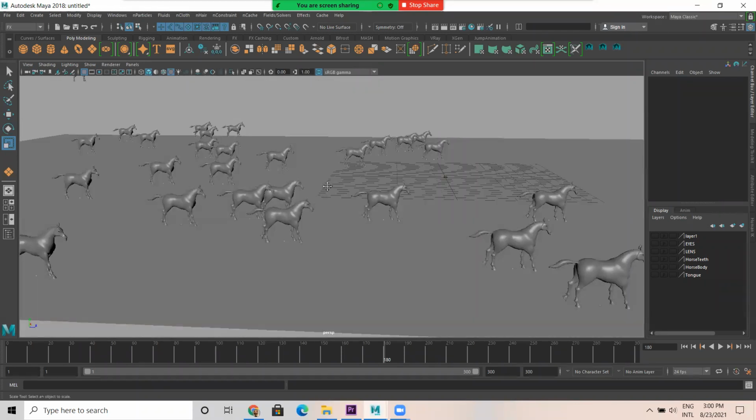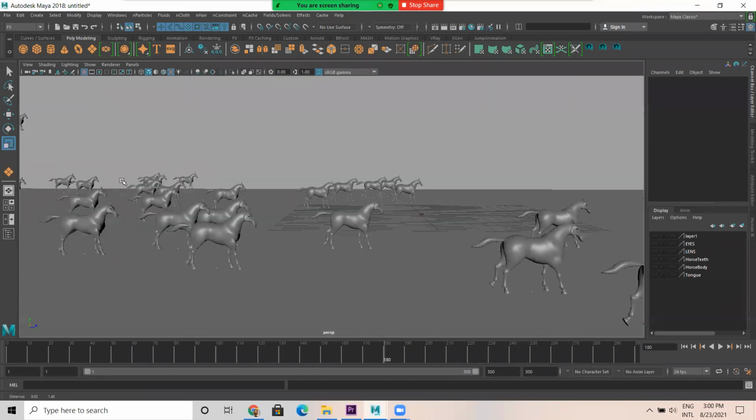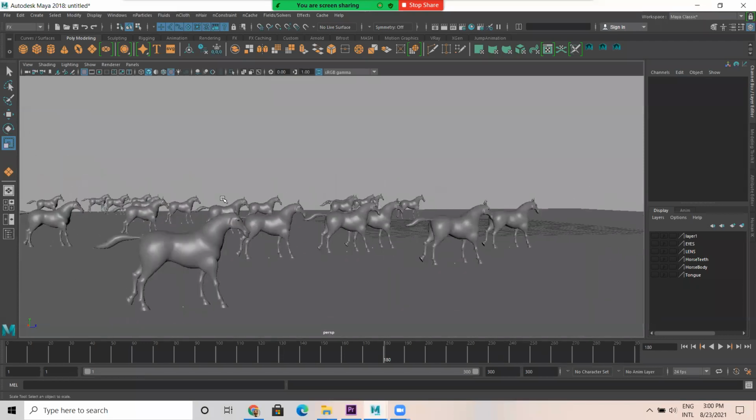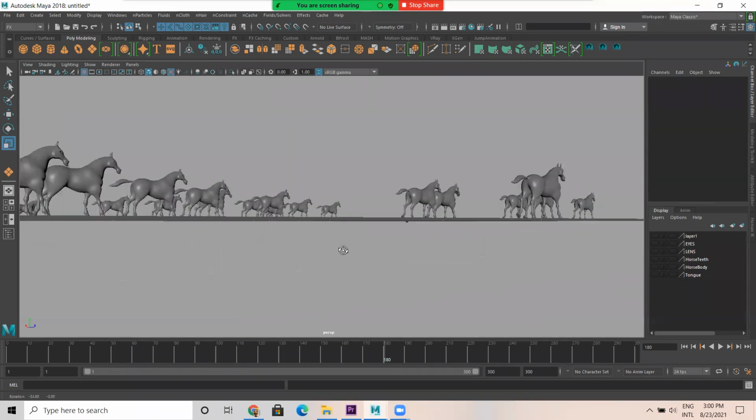Anyhow, all this we will not show in the camera. We can hide these things. We can place a camera in such a way that those things are not visible.